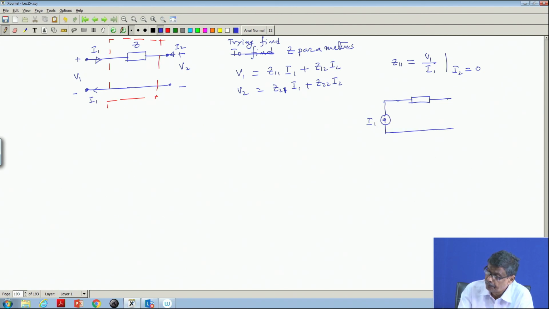And try to measure this voltage, is it not? That is what I told in the previous lecture. I 2 is 0, so the second port is open circuited, nothing is connected, and the input port I have supplied with a current source, and then I will record this voltage and divide it by this current